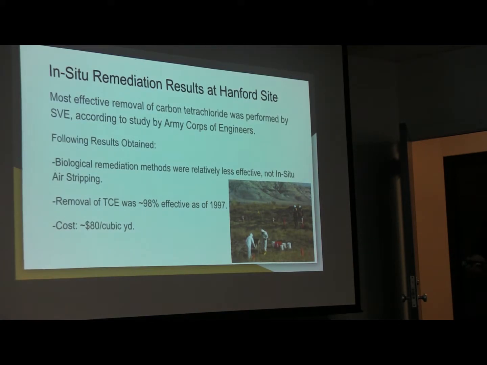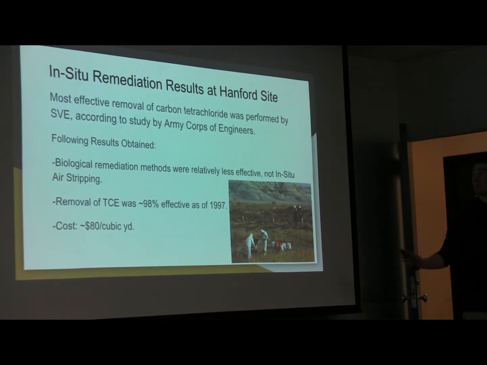Essentially, the in-situ air stripping was the most effective. They removed about 98% of SVE by 1997. This started in the early 90s, late 80s. It was a very big project. When you go into research, Hanford Site, it's a very large site. So it was essentially successful. And the cost, which we'll get into more later, is about $80 per cubic yard, which is pretty typical for